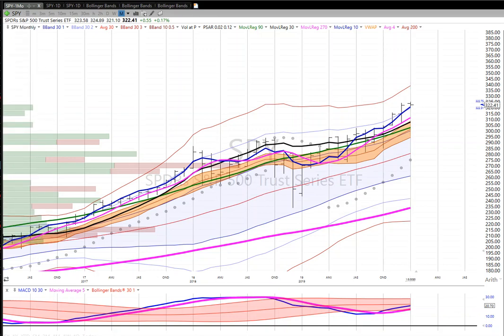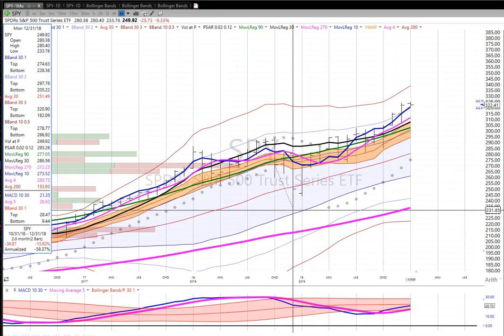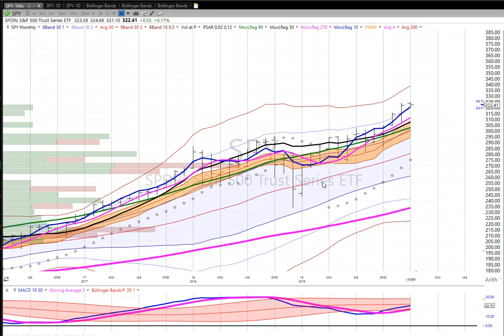And then this PSARflip, which hit and triggered you at 270. If you get out at 270, or even if you go 265, that protects you against a move all the way down to 230. So that protected you on $35, and then the PSARflip gets you back in, and that's just on monthly. So one of the things that we've noticed is that on the weekly